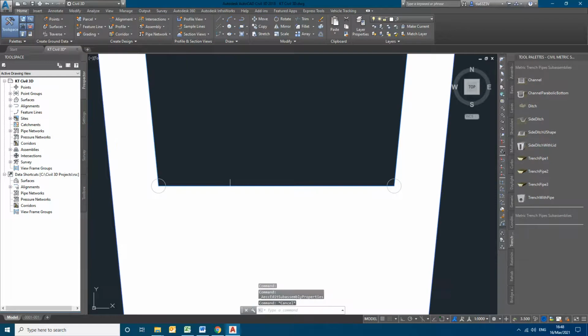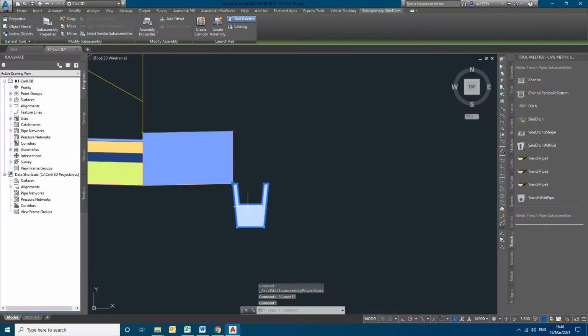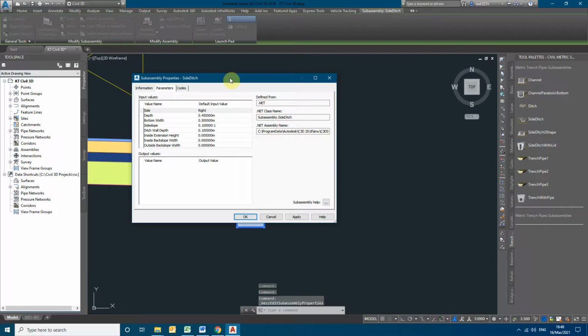So we can create a ditch like this, and we can even increase the depth also.